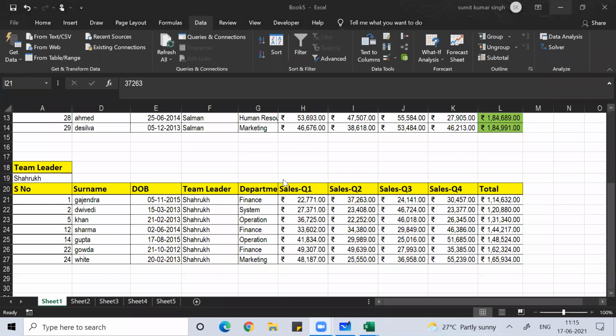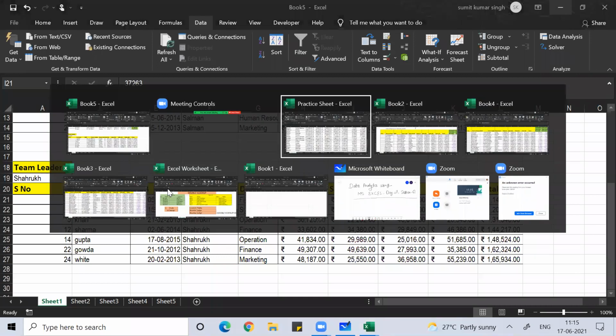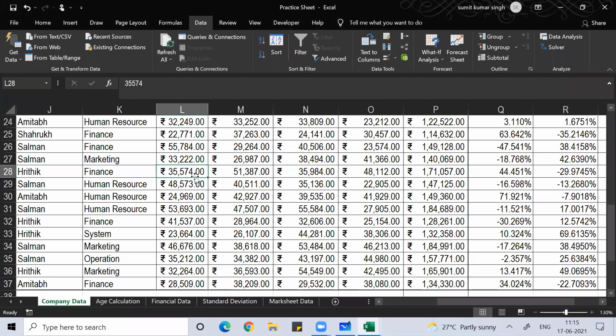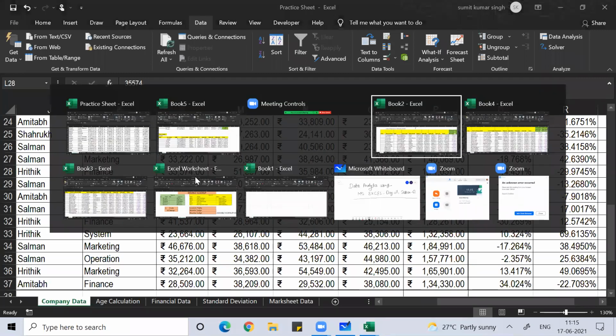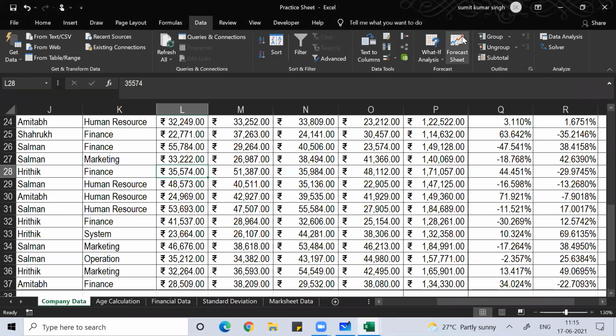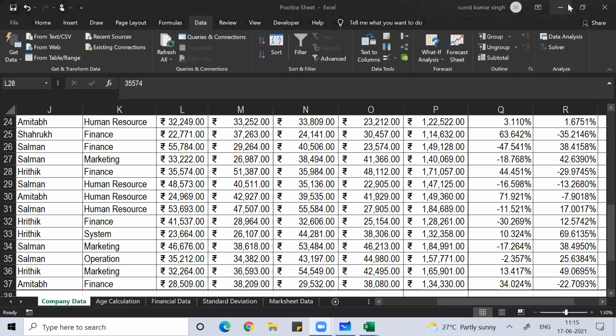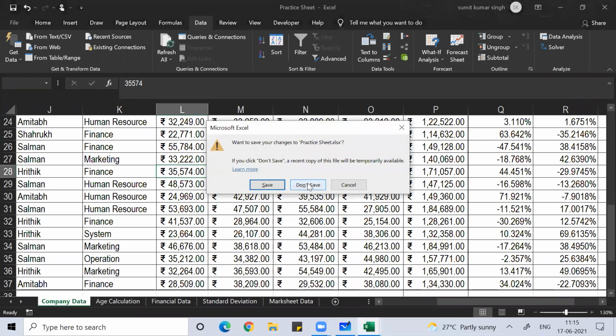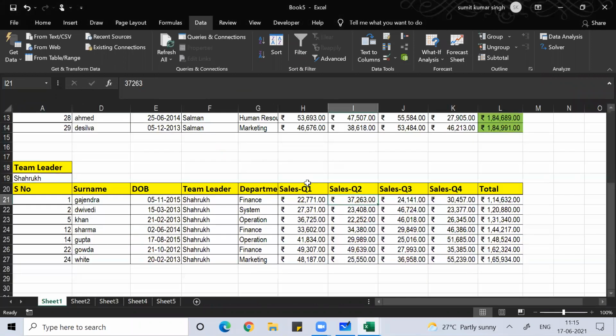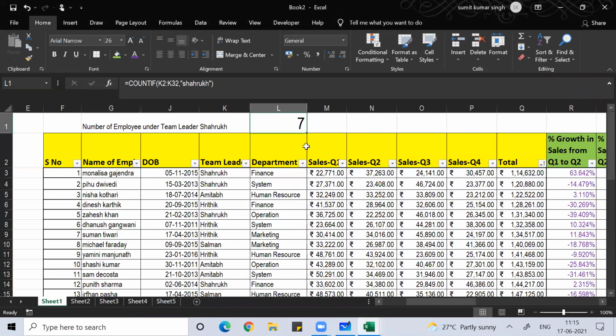Now I got the number of people who are working under Shahrukh. One minute, let me just close this, otherwise it creates unnecessary confusion.